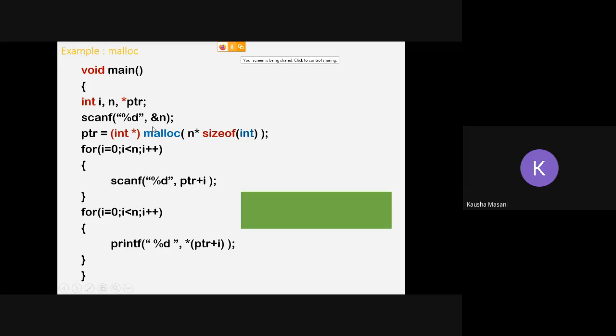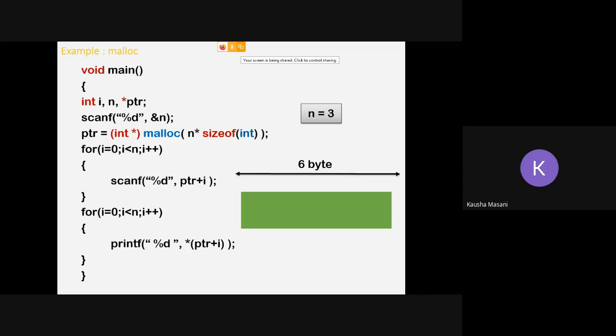So scanf %d n, and I'm executing a malloc statement here with n star sizeof integer. These two for loops are to scan and printf my elements. So when I'm executing it, let's say I've given n equal to 3. So 3 into sizeof integer. Either it will be 6 in case of 2, so 3 2s are 6, or 3 4s are 12.